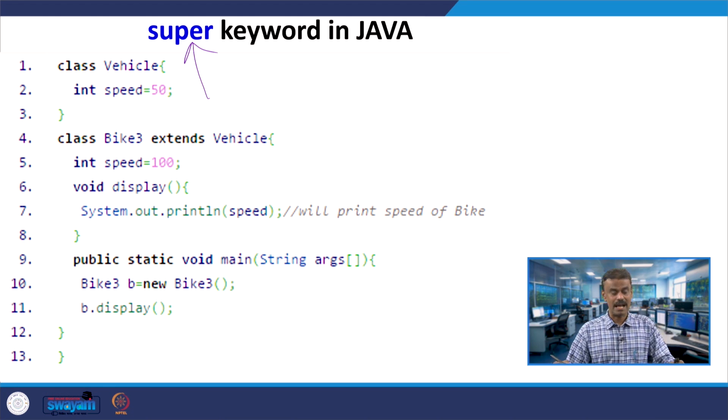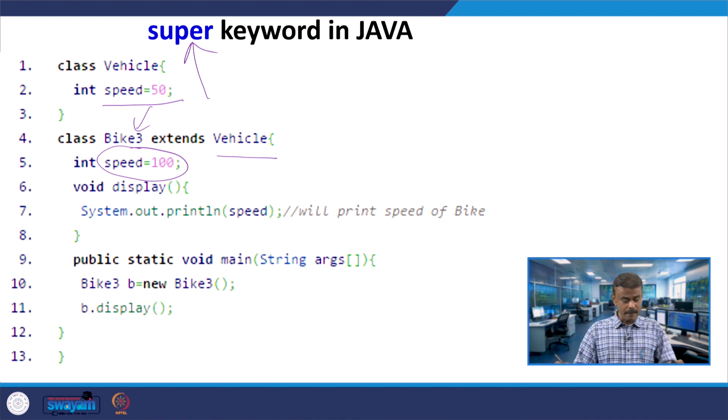Class Vehicle, speed is equal to 50, and Bike3 extends Vehicle. So, Bike3 is a subclass which is extending Vehicle. Assume that I am using the same data member, same name, speed equal to 100 here, right. So, slowly we are going to polymorphism.